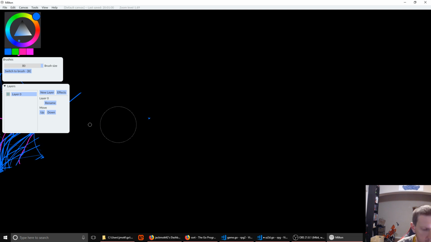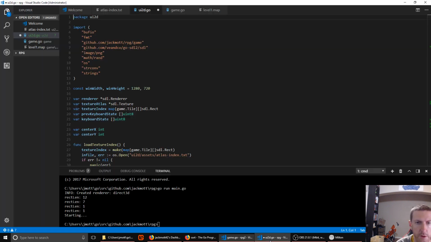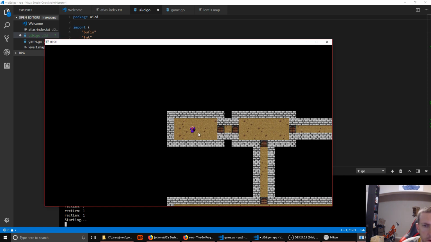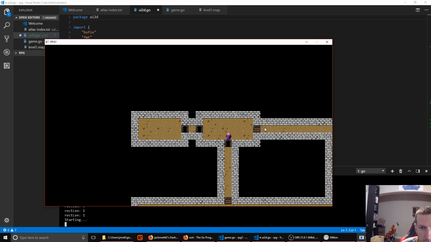Okay, so today we're going to try to add A-star search to our RPG, and we'll be able to use that for at least two things. One of those will be so that we can allow people to use a mouse or touchscreen to click on a position and have the character go there via the shortest possible path. And the other thing we could use it for is for monsters or NPCs, so they can navigate these levels themselves. The monsters, for instance, might see or hear the player and then head straight towards them the fastest way they can. And so A-star search is pretty much the fastest way to do that kind of pathfinding whenever you